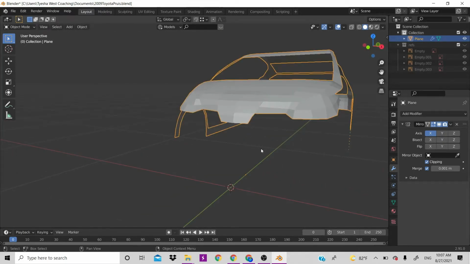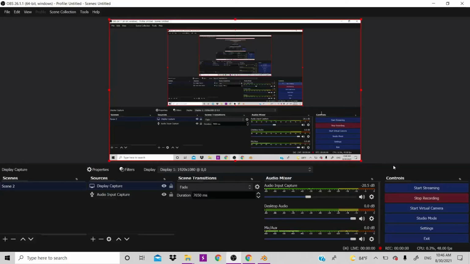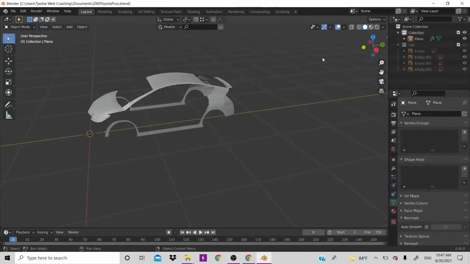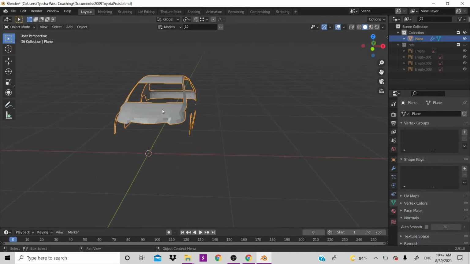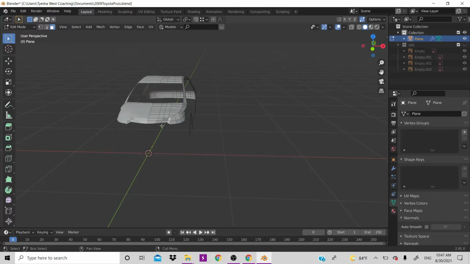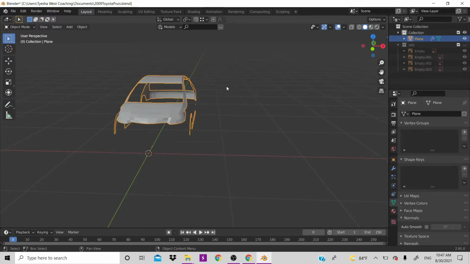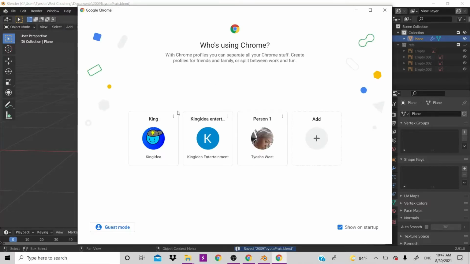And the thing about the Toyota Prius 2009 is that it has this weird thing in the front bumper. Alright guys, hello guys, and today this is another part of part 2. Basically what I did is deleted the rest of the front bumper besides this part right here. The reason why is because in this video we're gonna go for the more simplistic look of the Toyota Prius,